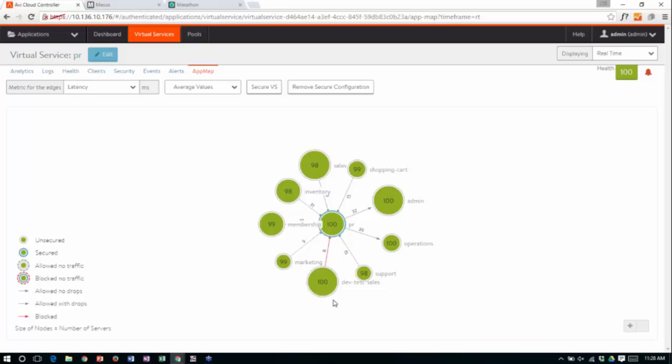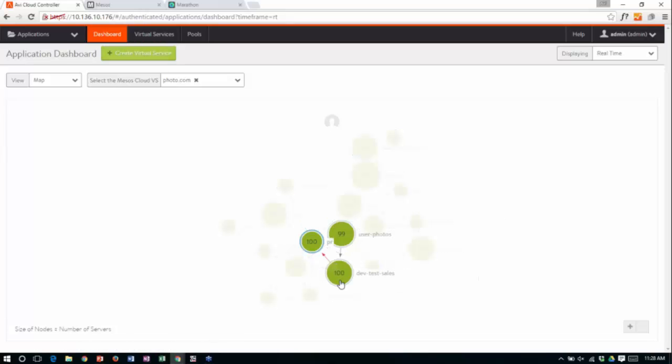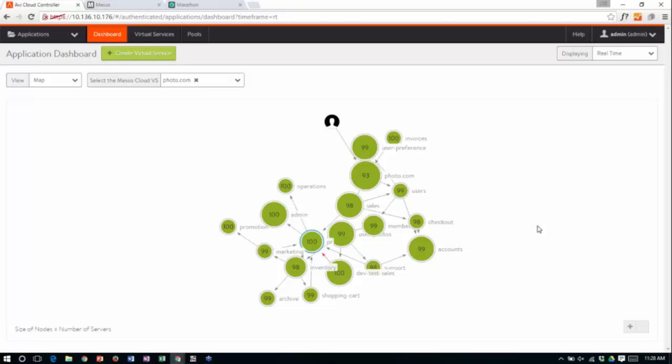So it's remarkably easy. Now we can zoom back all the way even to the application map, and it's remarkably easy to say, hey, what are all the services that are just going out across my data center? You'll see a bunch of these red arrows going out, and they're just trying to scan and talk to all the microservices in my environment. So this is full protection, and I guess that's what the blue circle around my PR service is. It's a secure service. It's secured as a whitelist, and to configure that whitelist, all the system had to do was it was in this learning phase. It detected everything. I could just enforce that, or I could do custom enforcement just like you did by removing dev test. And at this point, dev test sales simply can't talk to the PR service. That's great.